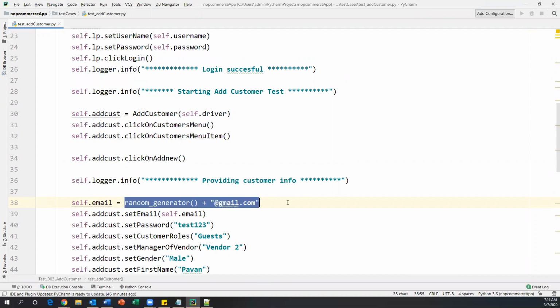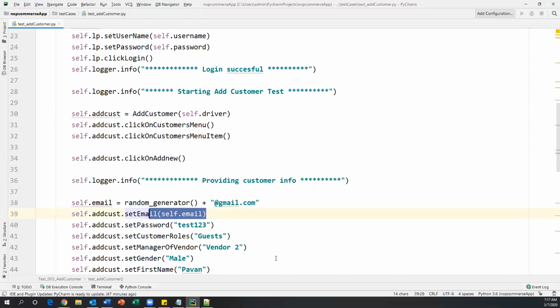Now the whole thing together becomes one valid email ID. Every time you run your test case, this will generate a new random string and it will become a new email ID. That email ID I'm passing here.